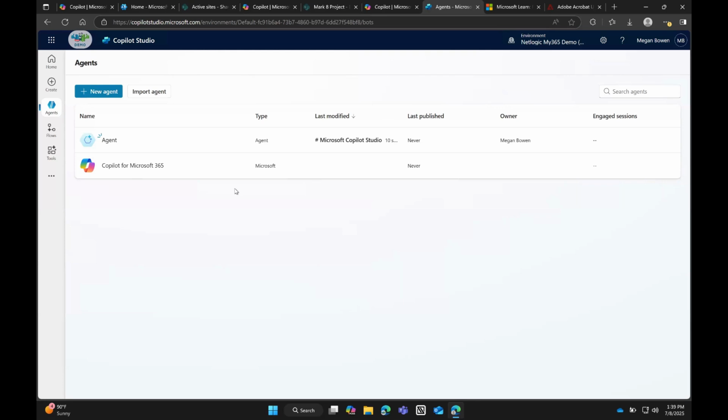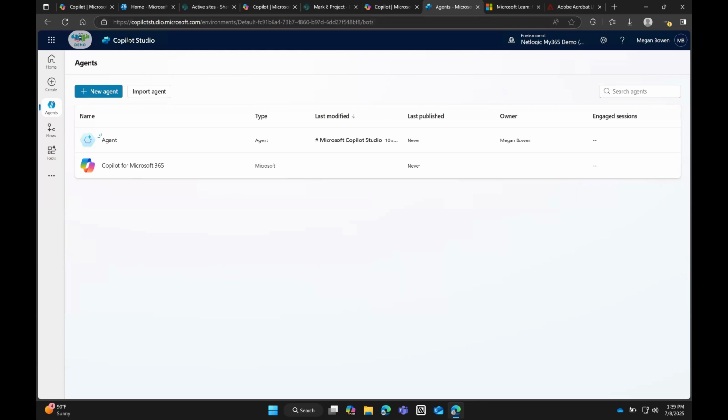Now, there's a lot of other things that we can go through individually about the difference between them, but really Copilot Studio, think of it as the older brother or older sister, if you will, of the Copilot agents we're just looking at, because it gives you the ability to really pull in a lot of other features and settings that you're not natively going to see when we built that Microsoft 365 Copilot agent before. So here I am within Studio.